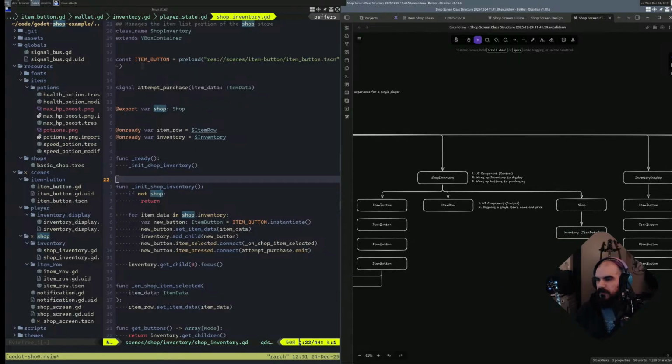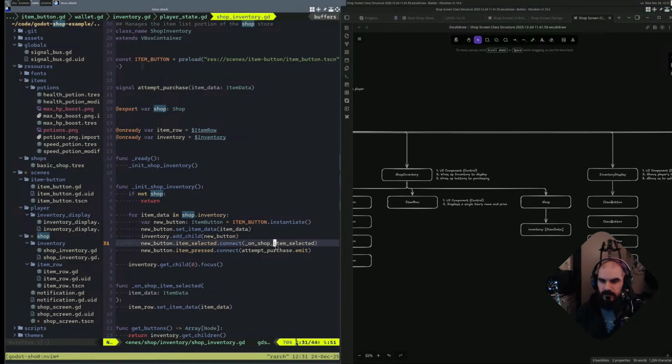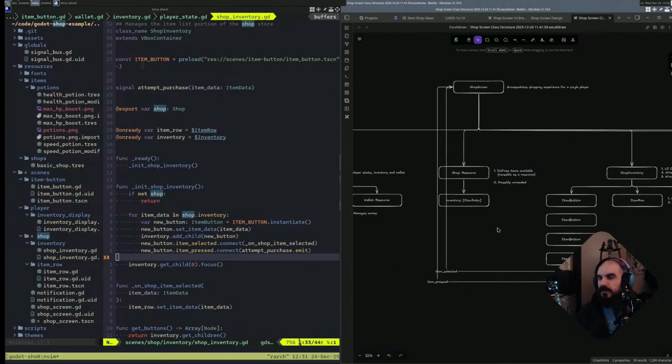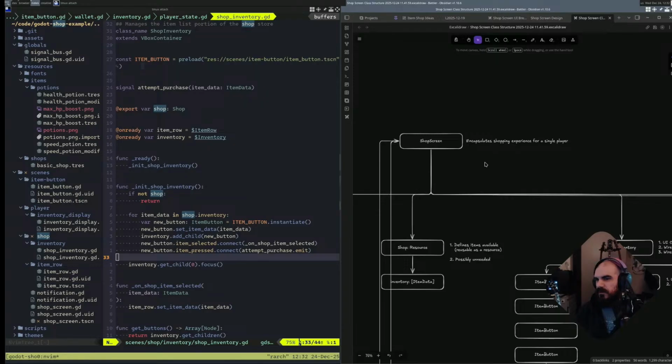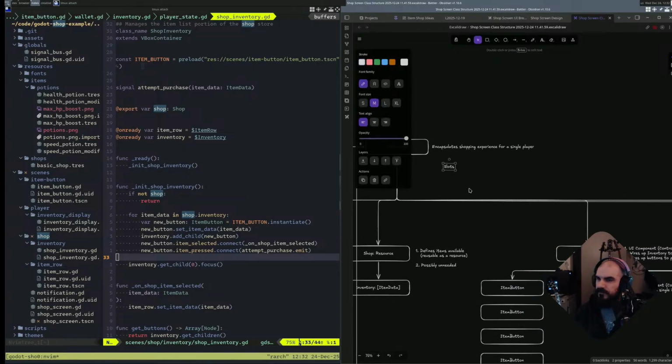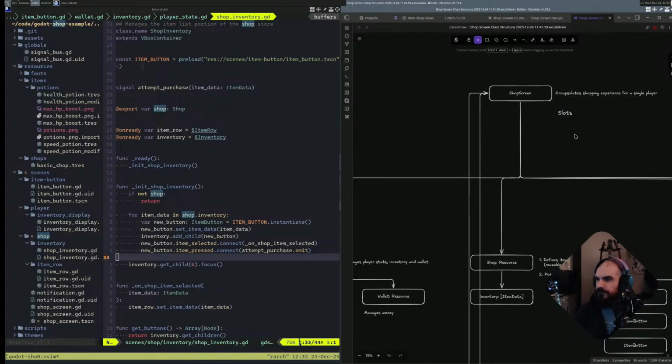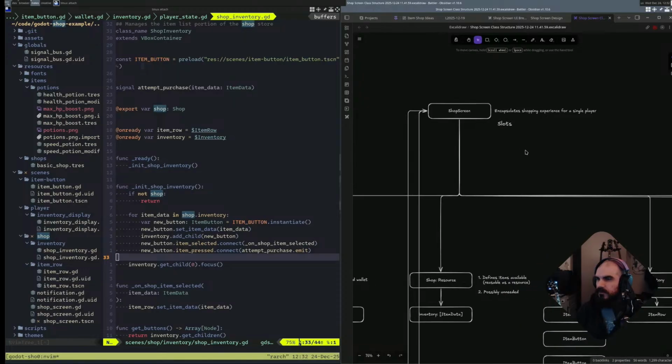That's from shop inventory. Shop item selected. Item pressed. Oh. What I should do here is actually a better idea. I'm gonna call them slots. And I think this will make it a little bit easier to see what's going on. Let's make some space here. Right, slots, and I'll put